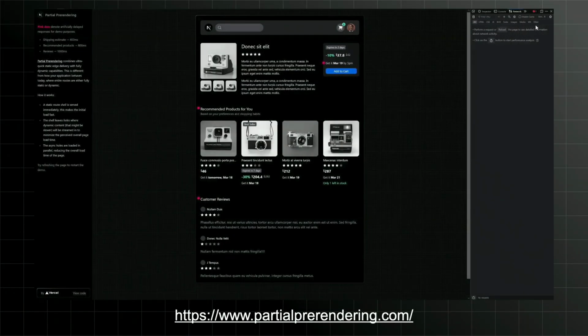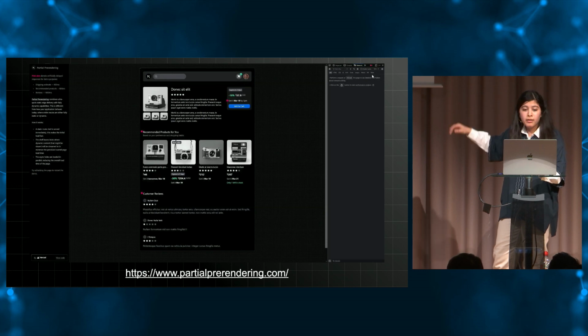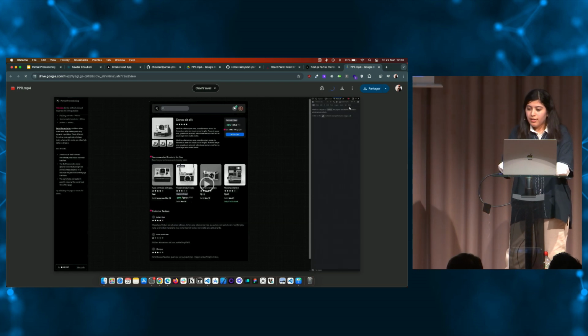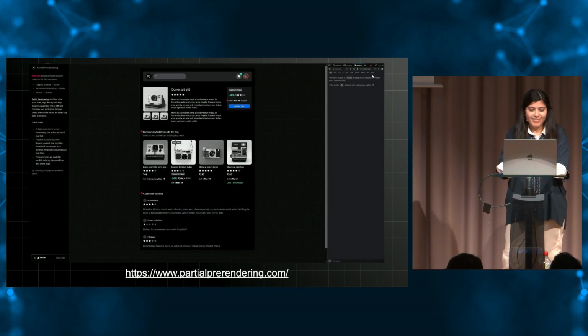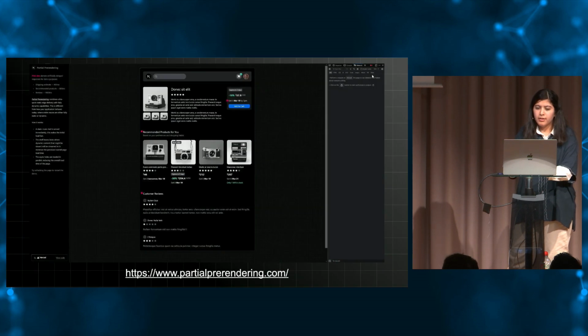So yeah, I also have this link, so you can check it and play with the Next.js demonstration by mimicking the slow network connection. And now let's try to answer the